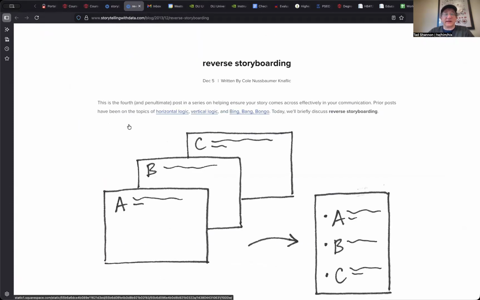Another idea which I think is useful, maybe useful as you start building out, maybe more useful next week when you're actually preparing your draft, is reverse storyboarding, where you basically think about how your presentation flows from a perspective of: if you're going to build a storyboard after having seen the presentation, what would you put on it? How would you describe what's actually there in the presentation? So she has some